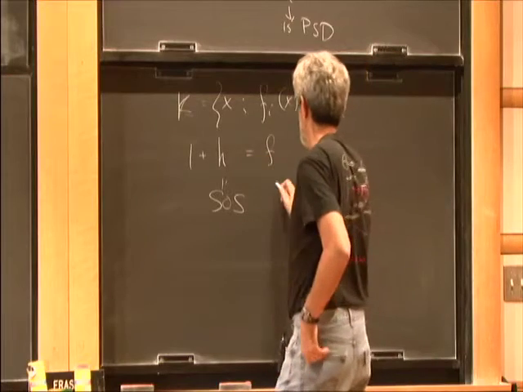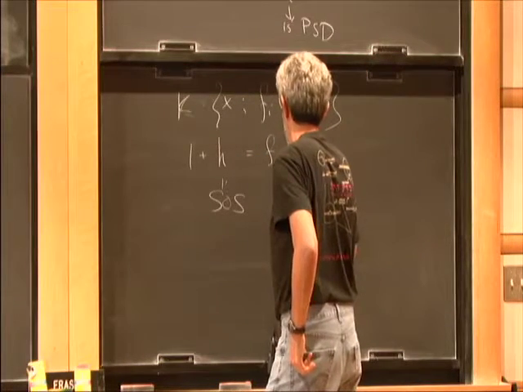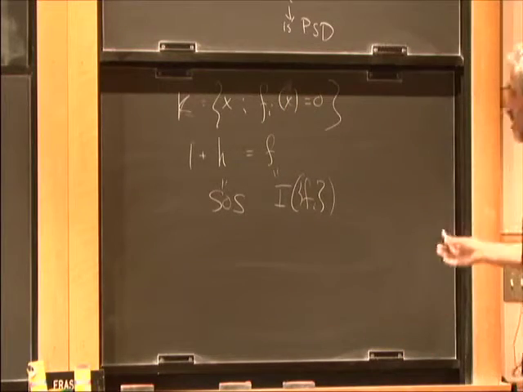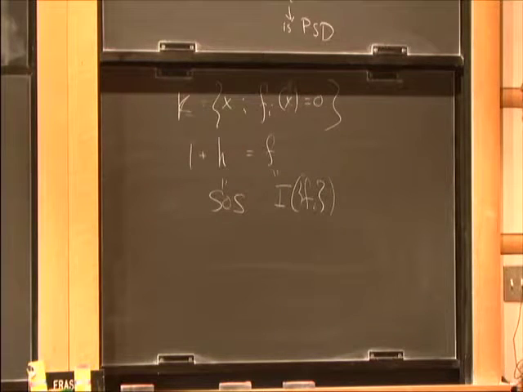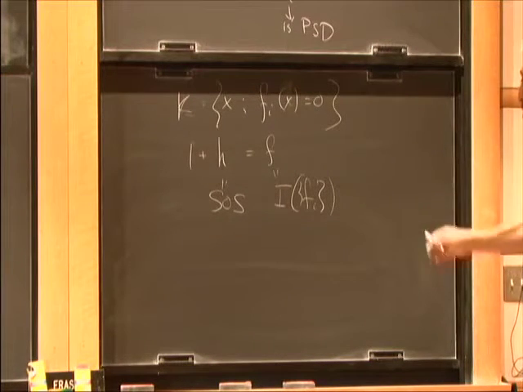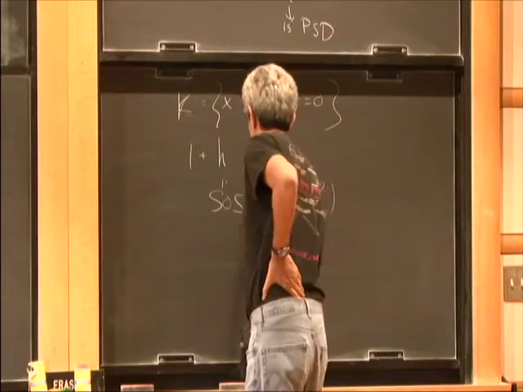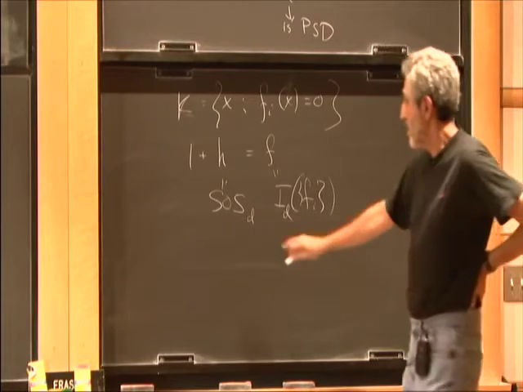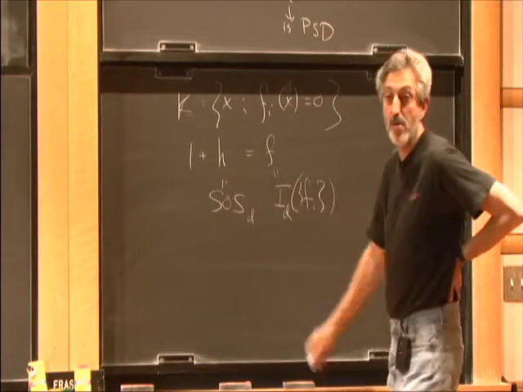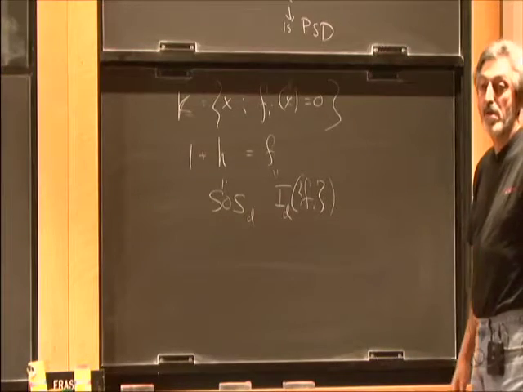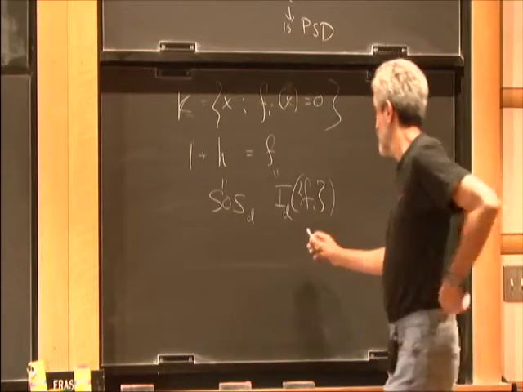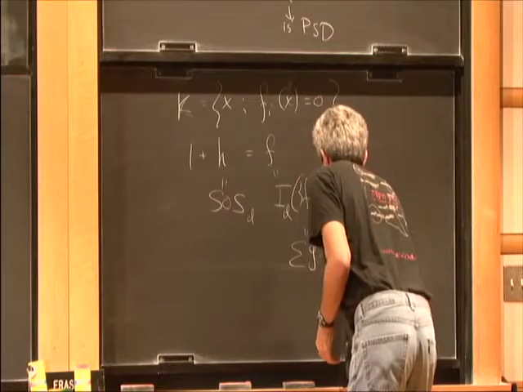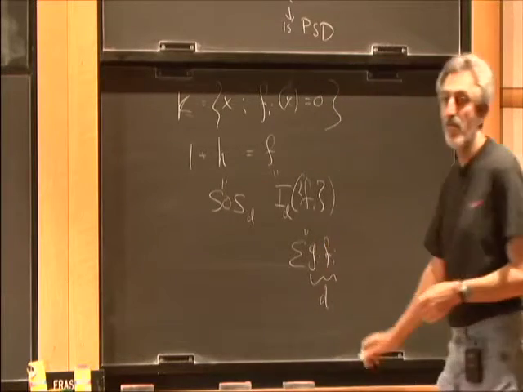Well, so this is SOS, and f is in the ideal generated by these f_i. So we saw that, by all these theorems, there is always a refutation like this. So we will restrict ourselves to working in polynomials of degree d. Here it means that this polynomial h is a sum of squares of polynomials of degree at most d. And any element here is just a sum of g_i f_i. We want the degree of these to be at most d.